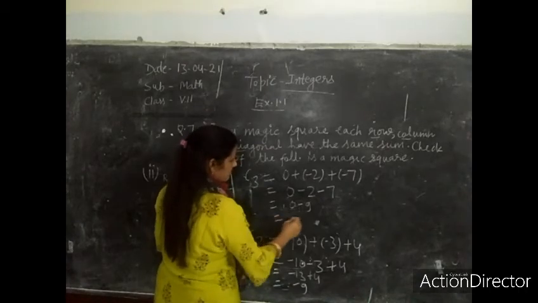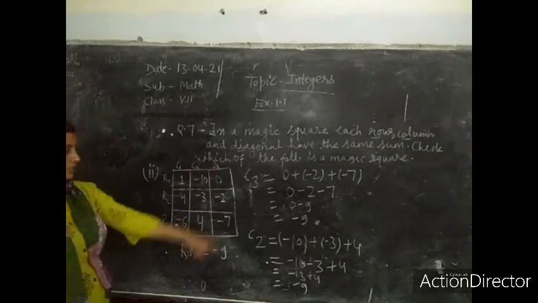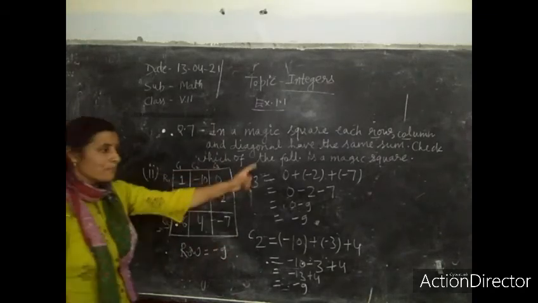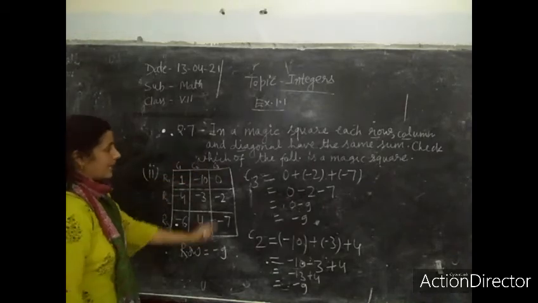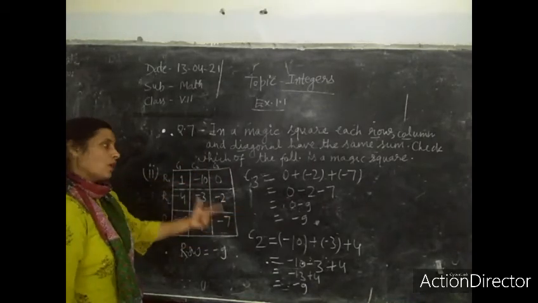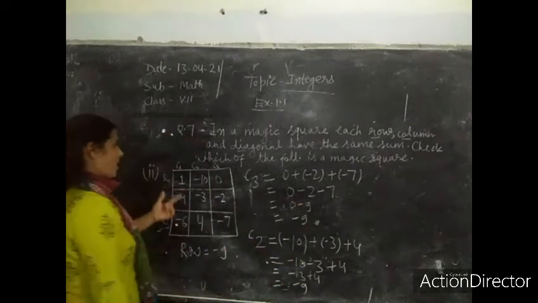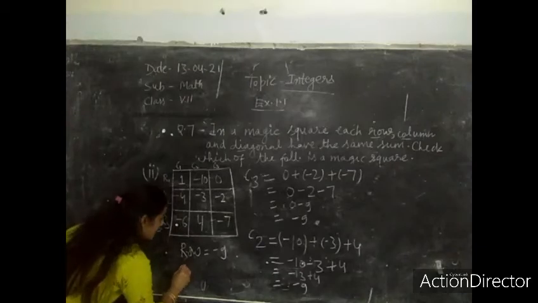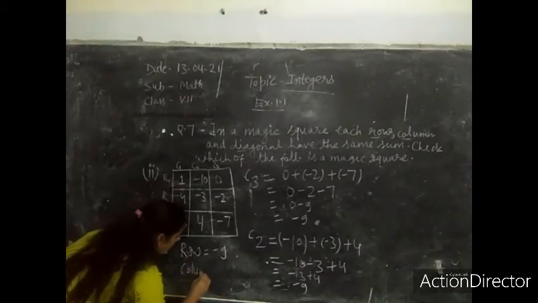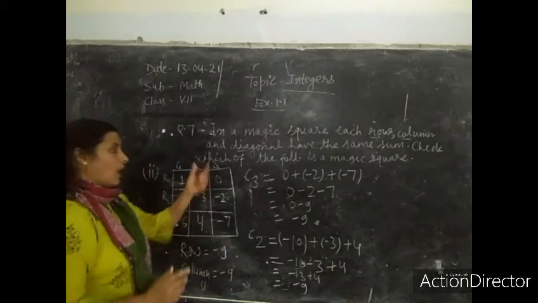It means minus 9. Very good. C1, C2, C3 are all minus 9. So we have completed our second step also. Up to here we get success. Now we will move towards diagonals. First I will mention here columns. Column equals minus 9. Now last